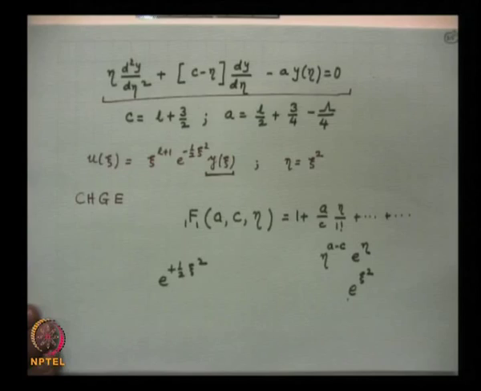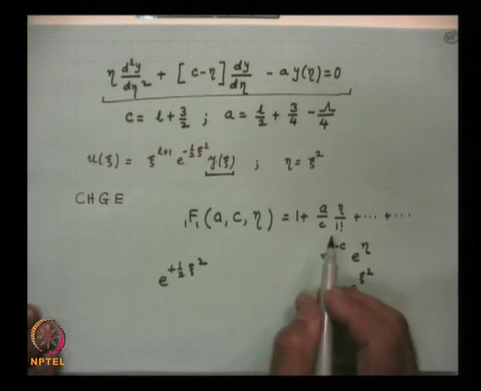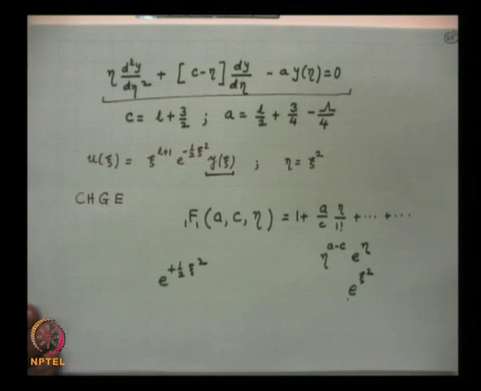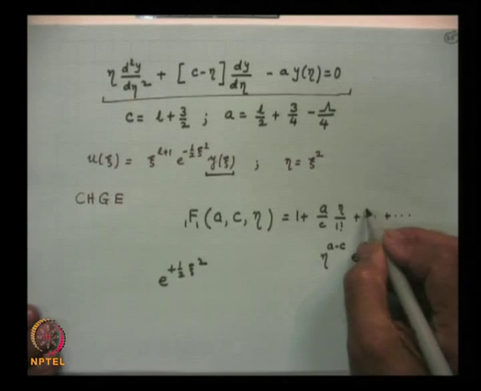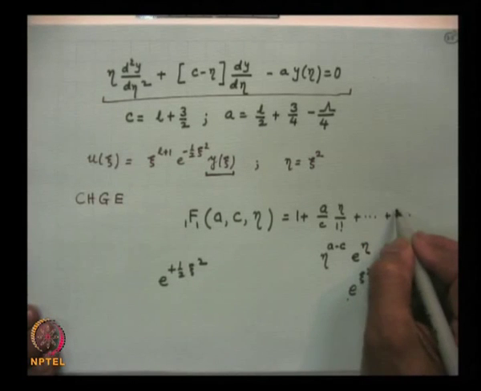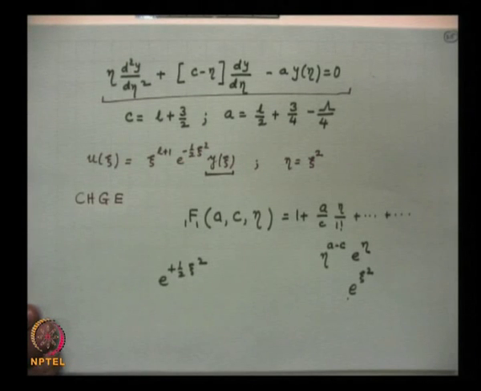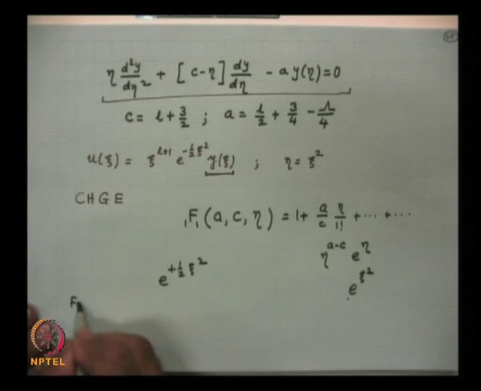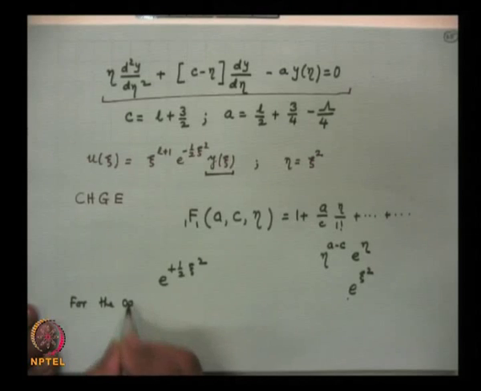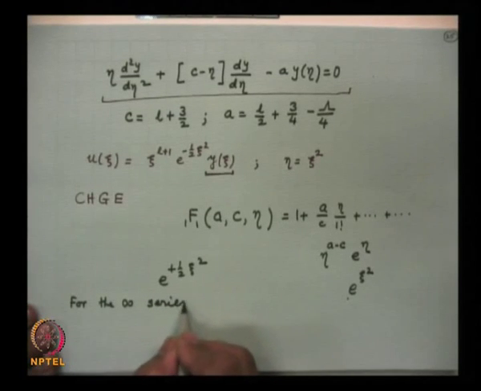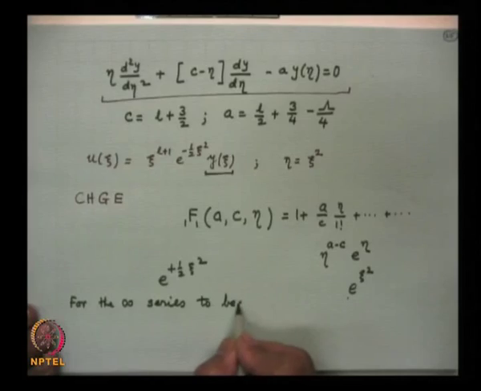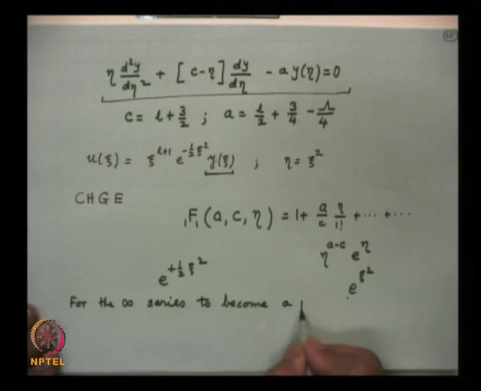We cannot let that happen, and therefore this must be a polynomial, and since in the numerator you have a into a plus 1, then a into a plus 1 into a plus 2, a must be a negative integer. So, we must have, for the infinite series to become a polynomial,